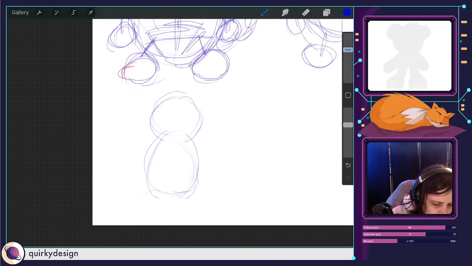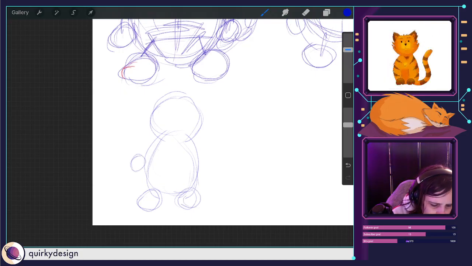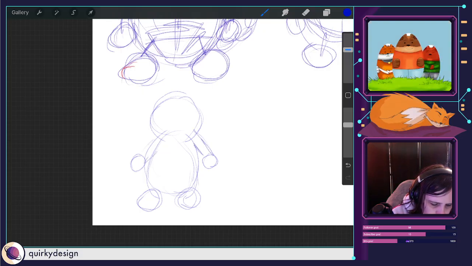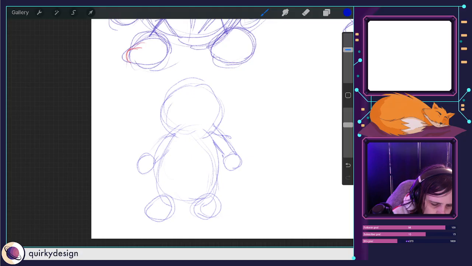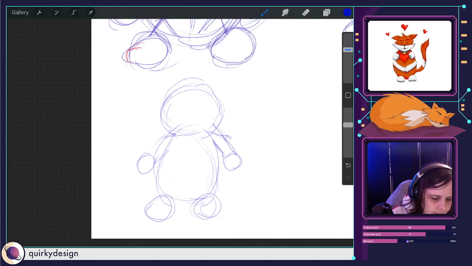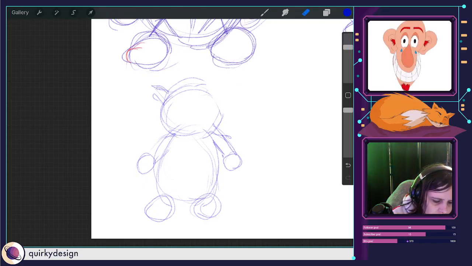And also the feet as well. I feel like it looks better if his ears are shorter rather than being larger.